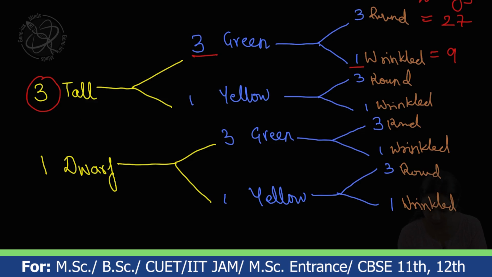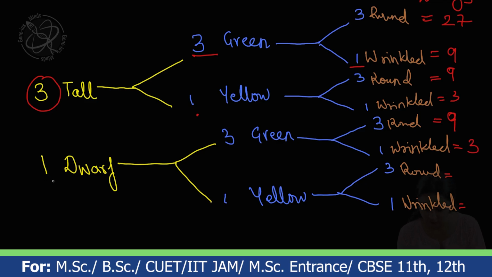This is your fork direction over here, if you see. So you are going to get 3, 1, 3. So 3 3s are 9, and here you are going to get 3. In the same manner, we are going to fill the fork line blanks for the dwarf one also. 1, 3, 3. So 3 3s are 9. Here 3.